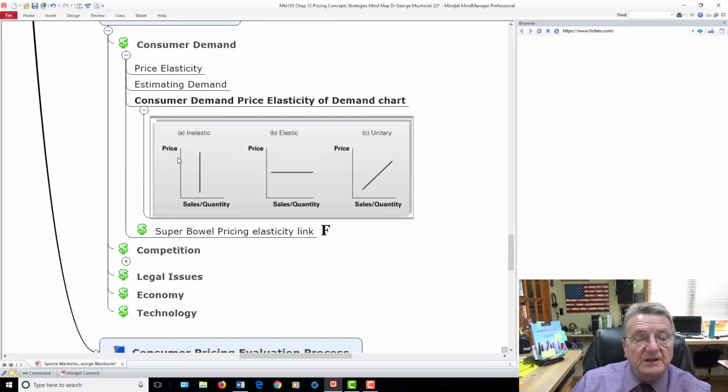So if I'm looking at that right here, price inelastic, it moves. Sales just move. It doesn't make a difference. I could save the price, I could raise it, it just goes this way. Elastic, basically, it goes with the price. It goes up and down. Quantity,